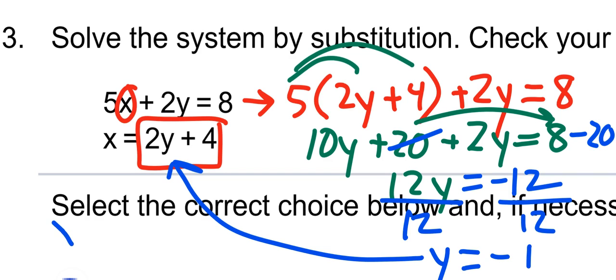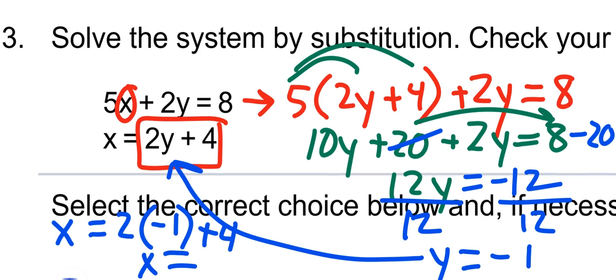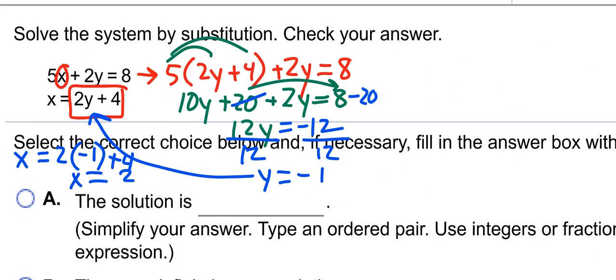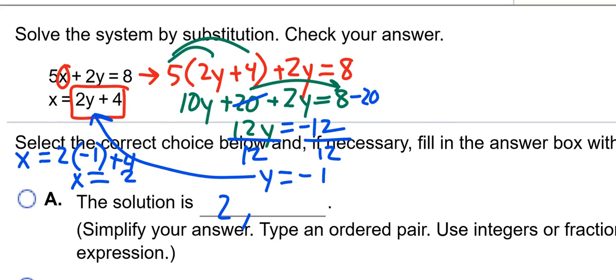Okay, so x equals 2 times negative 1 plus 4. What do we end up with for x? 2. Thank you. So what's the actual coordinate where they cross? 2 and negative 1. Okay. Now,